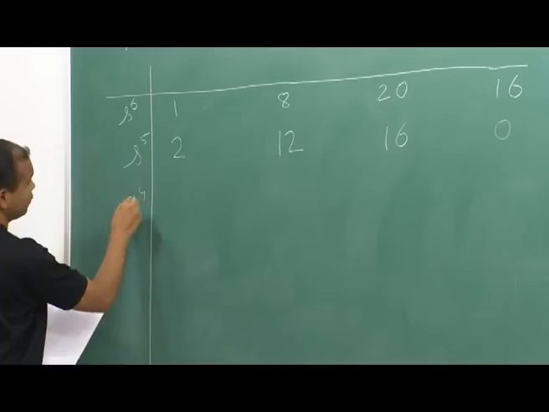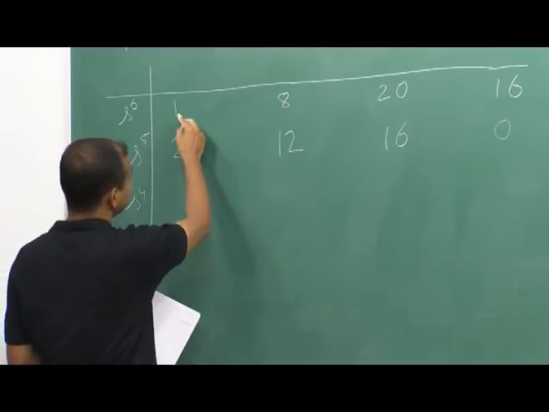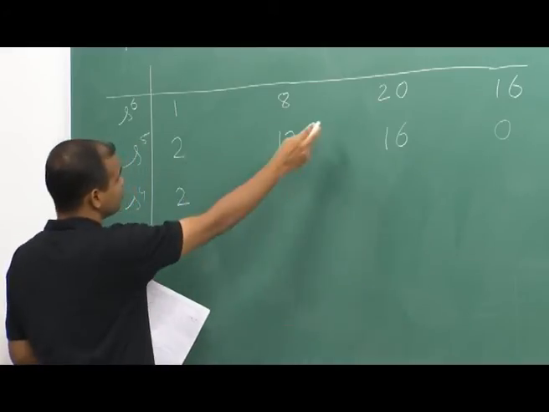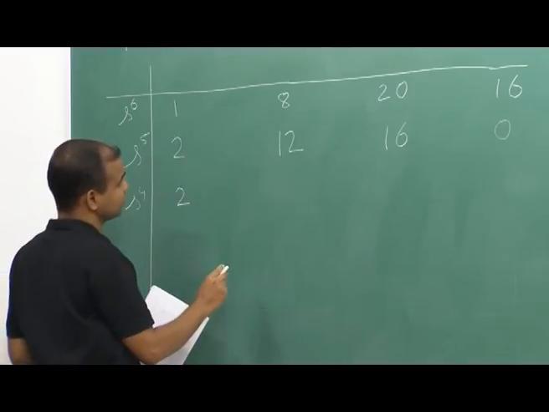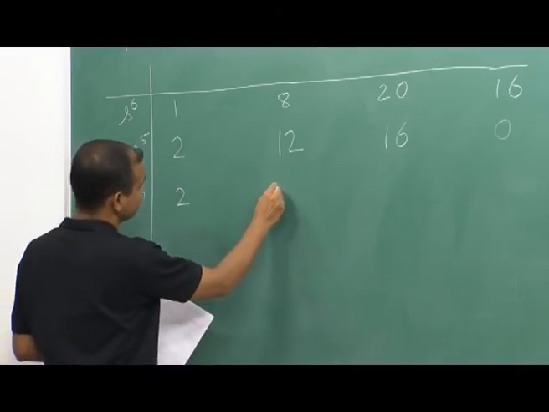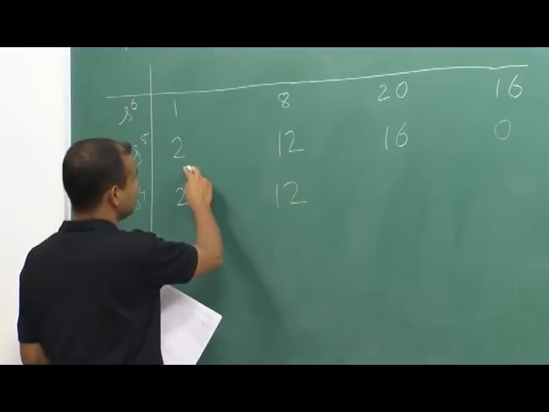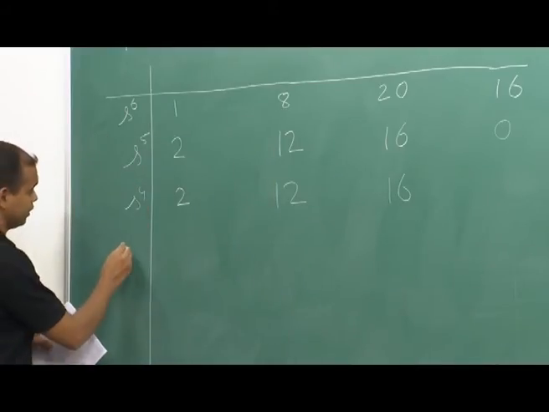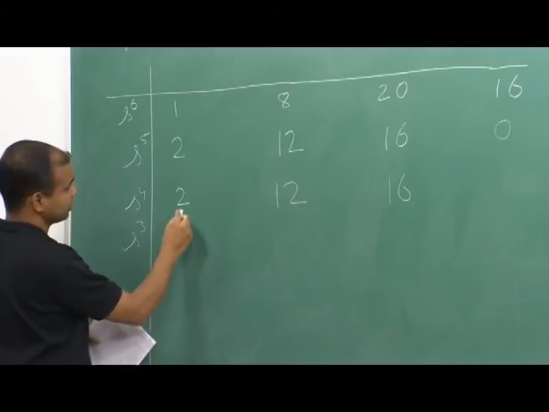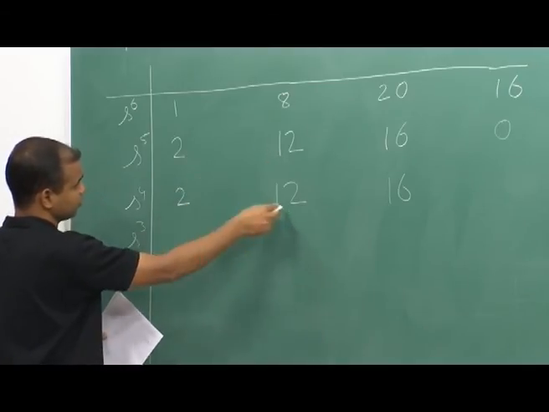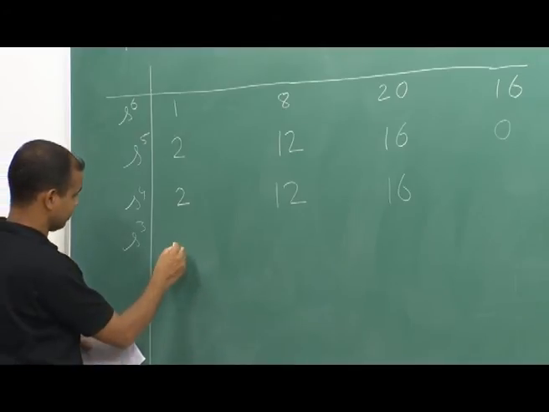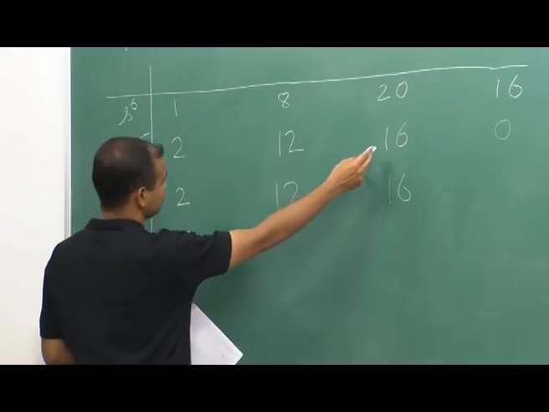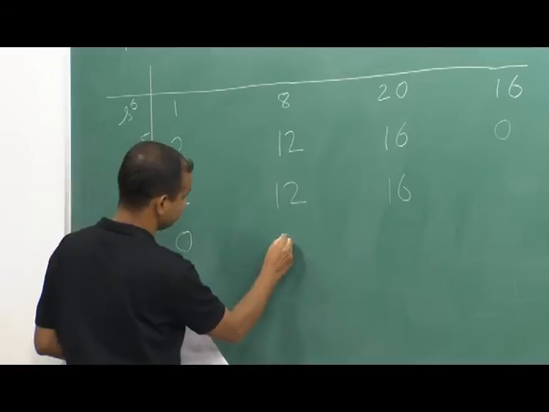So, for the s to the power 4, if I multiply 8 into 2, 16 minus 12, 4 divided by 2. So, this will be 2. 2 into 20, 40 and minus 16, 24 divided by 2. So, this will be 12, and here I can write the 16 directly because here is 0. Now, for the s to the power 3, I will get this, both numbers are same. So, this will be 0, 24 minus 24 will be 0, and similarly here also 2 into 16 minus 2 into 16 will be 0,